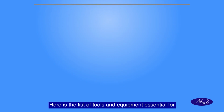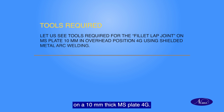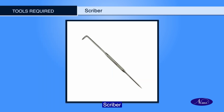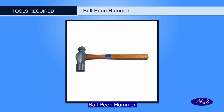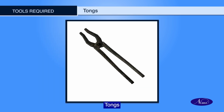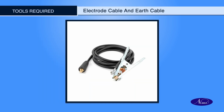Here is the list of tools and equipment essential for ensuring the safety of the welder and the quality of the fillet lap joint in the overhead position on a 10 mm thick MS plate 4G. Steel rule, scriber, prick punch, ball peen hammer, flat file, bench vise, tri-square, tongs, chipping hammer, steel wire brush, electrode cable and